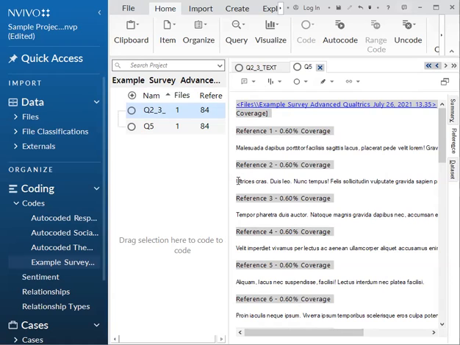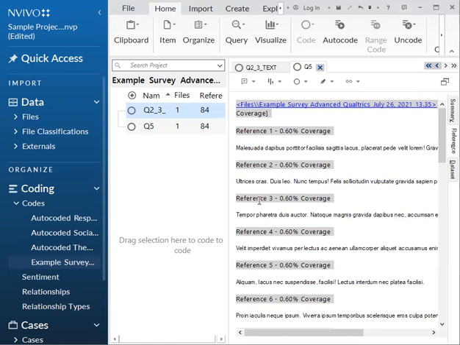And it also can make it easier to identify some common themes that may be appearing across open-ended responses and make your coding just easier. So to code survey data, that's what we're going to do next.